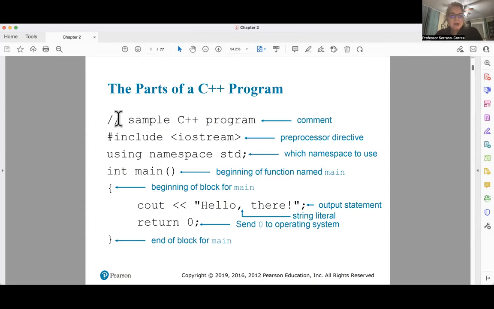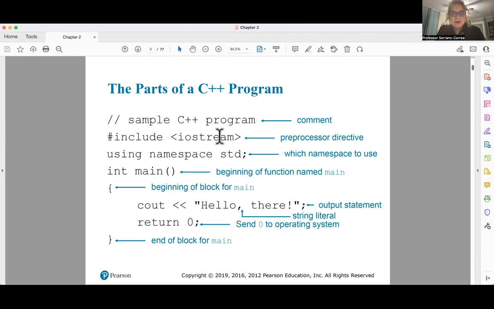So the first line here, we see what's called a comment, and it starts with 2 forward slashes. When you type in 2 forward slashes and the program is read, the compiler knows that this line just needs to be skipped. We don't look for syntax or how it's formatted. It's just a comment. So truly the program begins at the pound sign. We talked about this in the last chapter, pound include